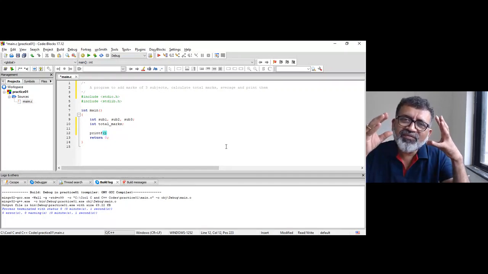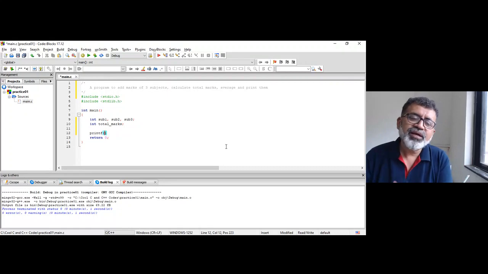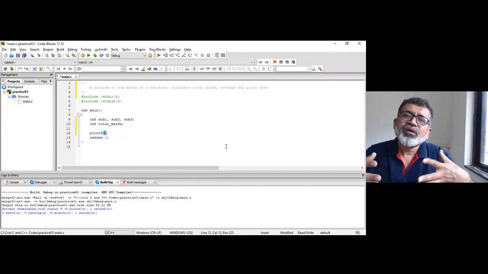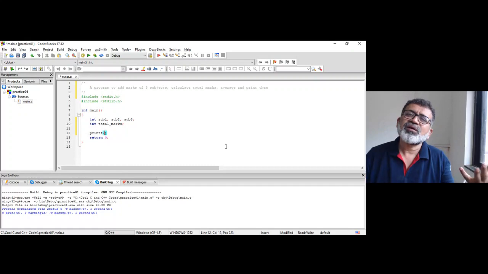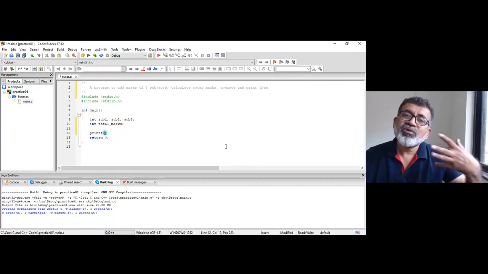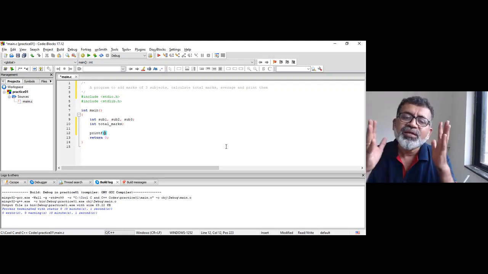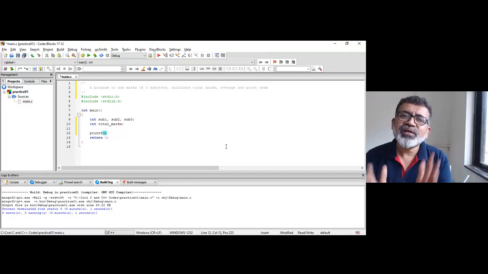So printf is a function like this main function, right? And in the header file, you will find the declaration of the printf function. Some of you might know declaration, some of you might not, but we are going to talk about declaration of the function in the function chapter. So this is not the right point to talk in detail about declaration and definition of function. For the time being, just try to understand printf is the library function, and it is called.